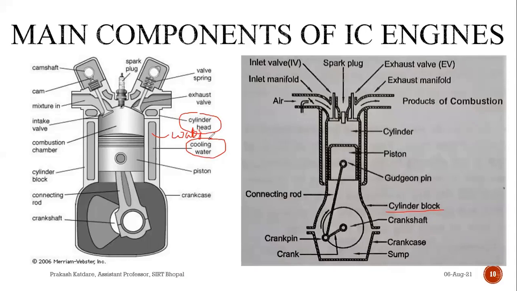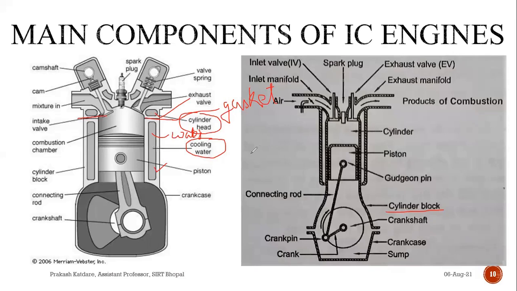Cylinder head gasket is there again between this cylinder head and cylinder block. There is a partition which is known as gasket. It is incorporated between the cylinder block and cylinder head, and the cylinder head is held tightly by a number of